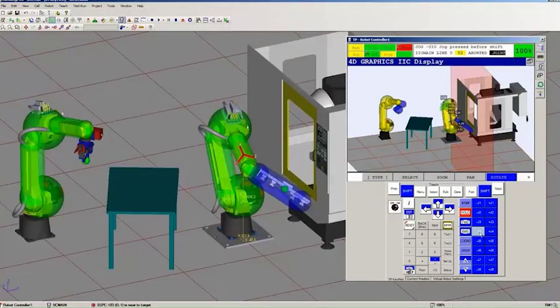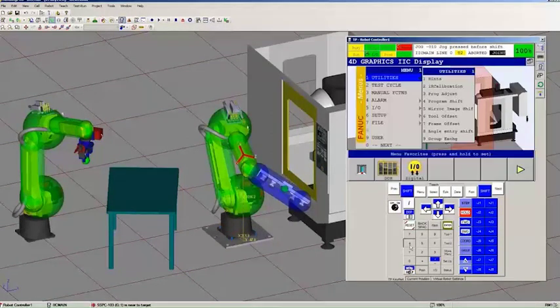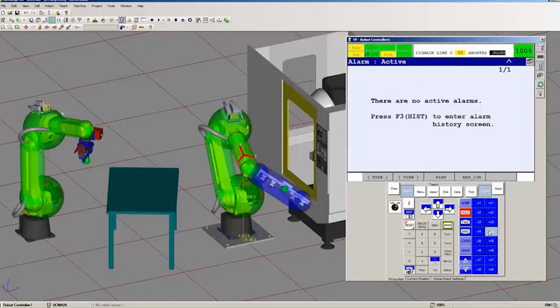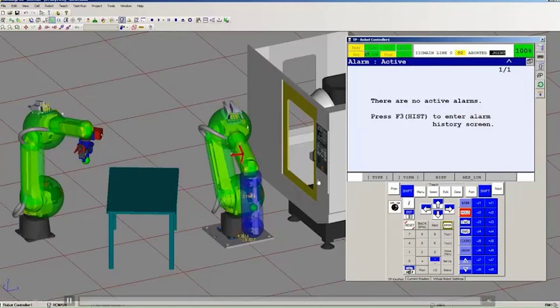I have a space check alarm because I just jogged the robot into that fixture that I created. Space check, group 1 is near to target. I'll go ahead and jog it back away. So that's sort of how the